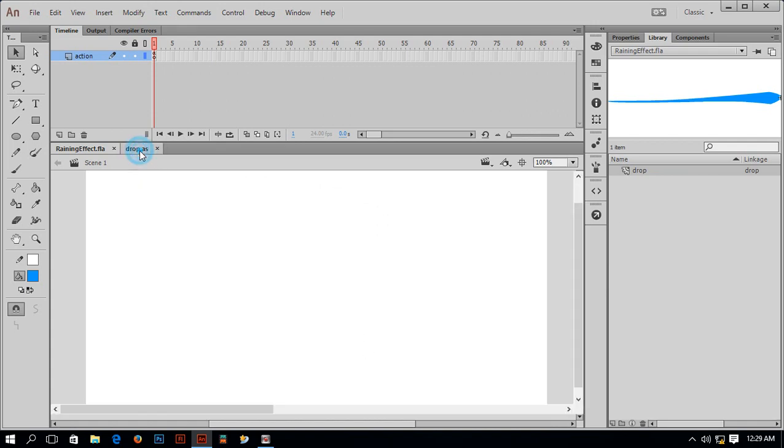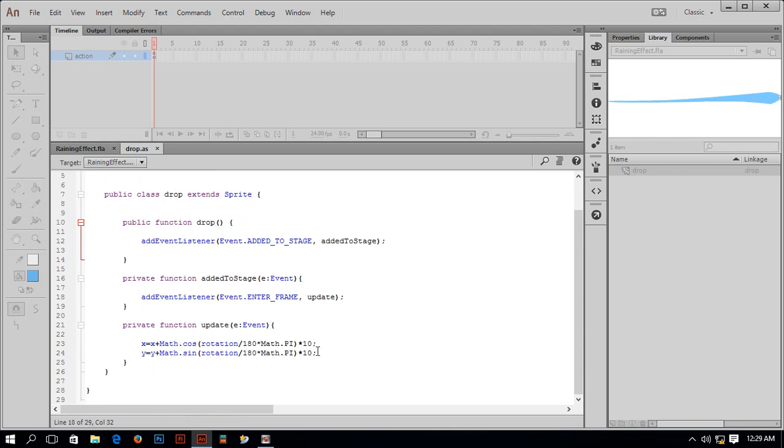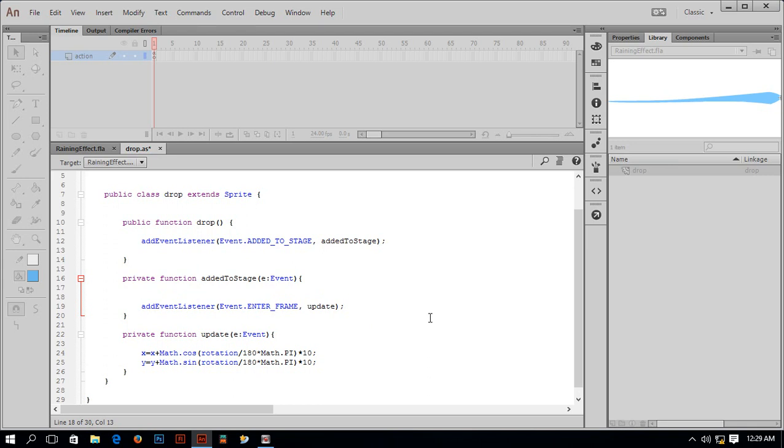So just go to the Drop class, and before I add this drop on the stage, I have to type this. As I am inside this Drop class, I don't have to type drop dot, I have to type this dot